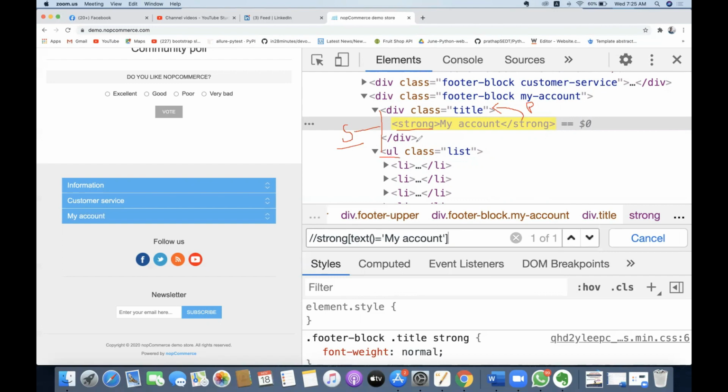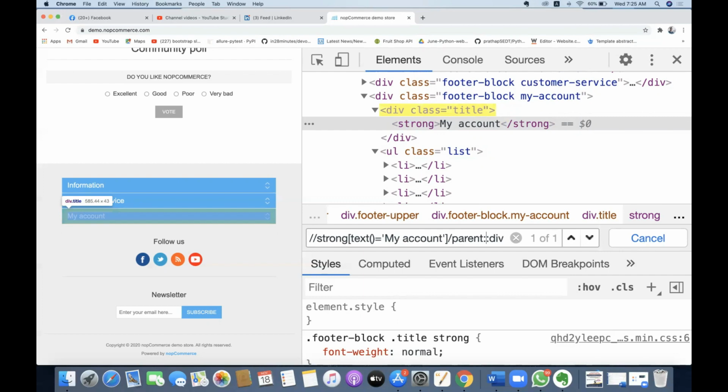Now fine. Let's clear this and start writing the relationship here. From this my account, I want to go to the top level. What is the syntax? The syntax is going to be called parent. The relationship from the strong to the div we call parent.